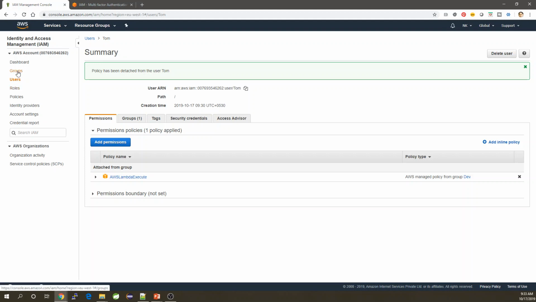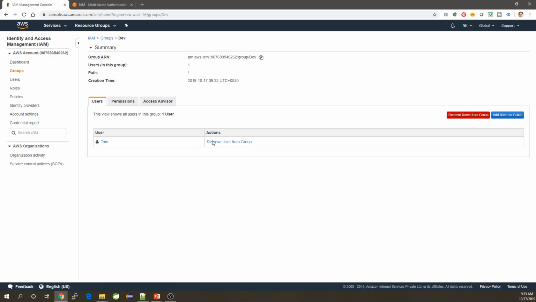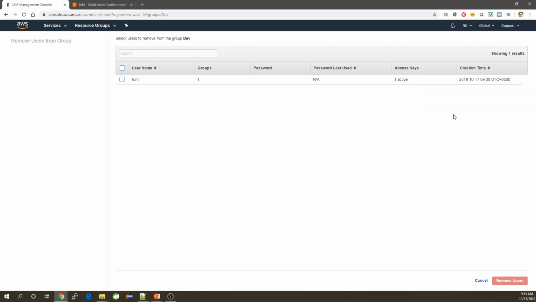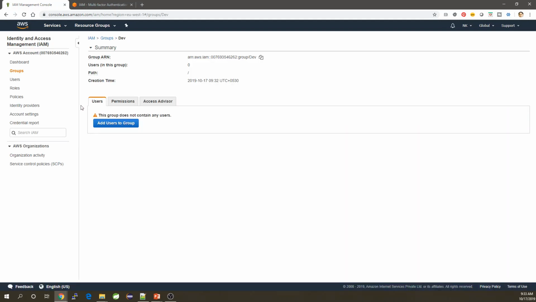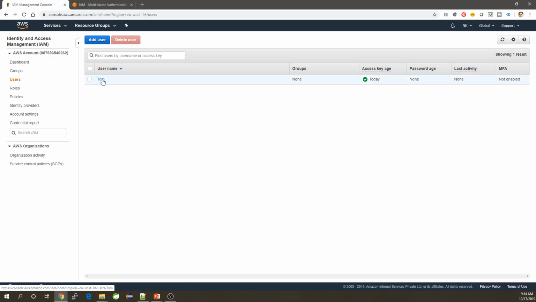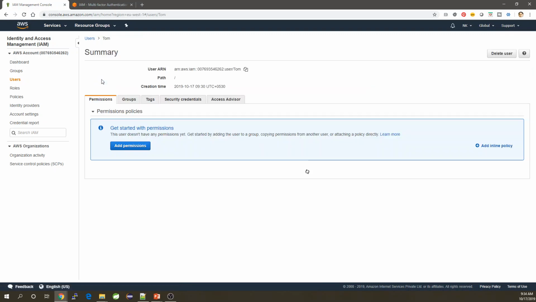So let's go back to the groups and see dev, user and Tom. The day Tom is leaving the organization, I can say remove users, choose his user ID, username, and then say remove users, and he will be detached and completely removed from the groups, and he will no longer be part of the AWS account users. So he does not have any of the permissions and he will not be able to access the AWS APIs